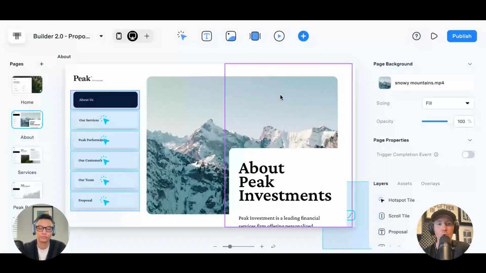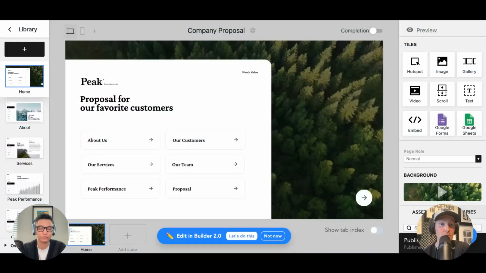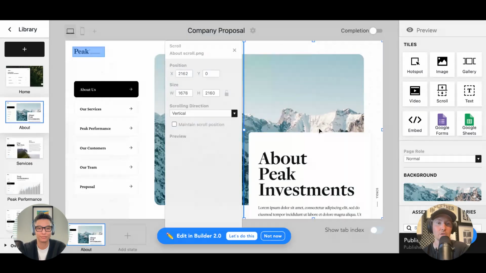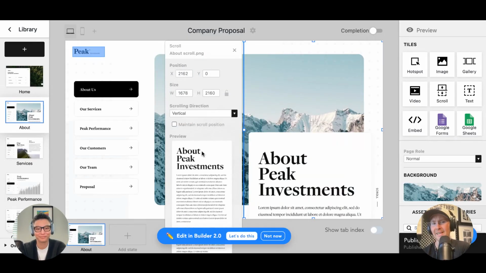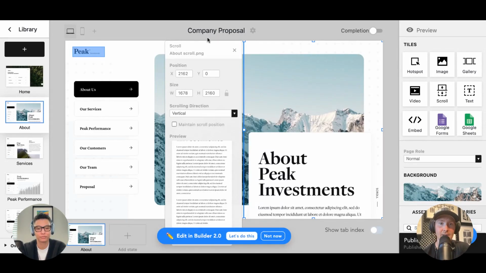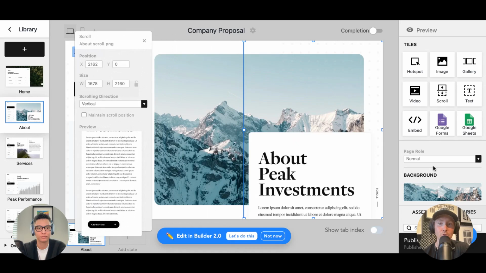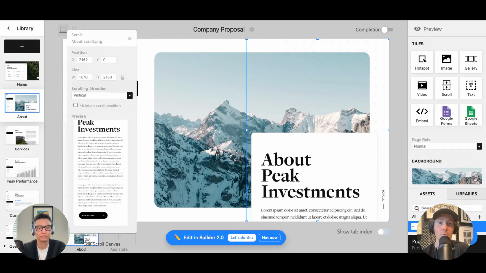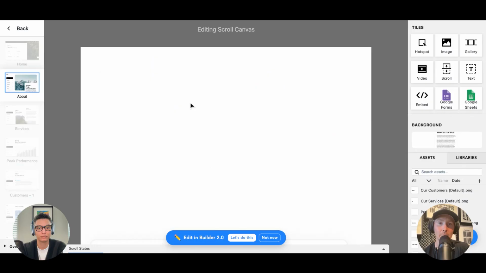And so for this example, I'll pop back to 1.0 to show you the OG scroll tile, if you will. So as you select that scroll, from a design standpoint, you're going to design this like an infographic, right? This is going to be a very long frame or a very long design. And then you simply drag that asset in from the assets panel to snap into the scroll tile and size it accordingly. In Builder 1.0, there was the edit scroll canvas option at the bottom of that modal